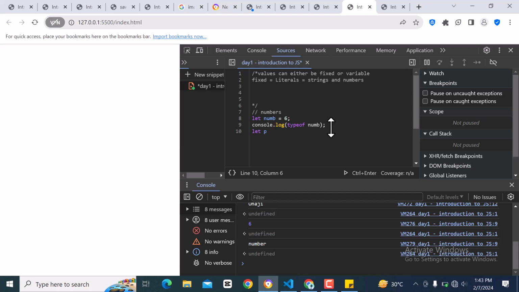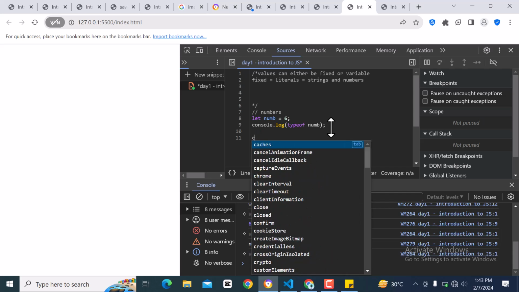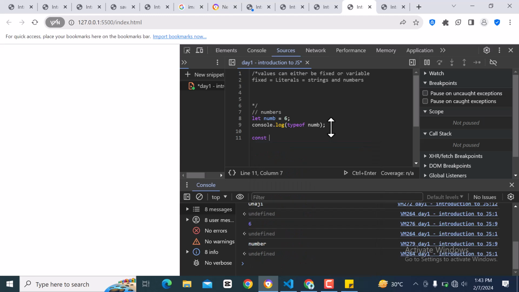So let's use const instead of using let. So const pi is equal to 3.14. So pi is actually,